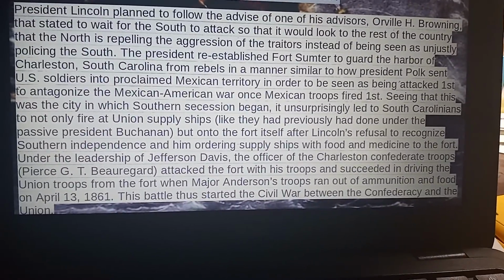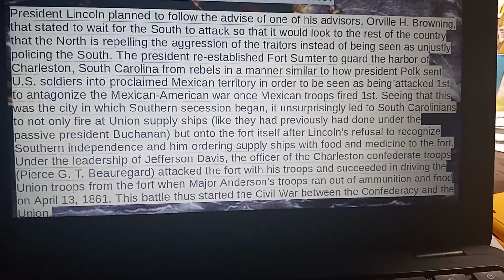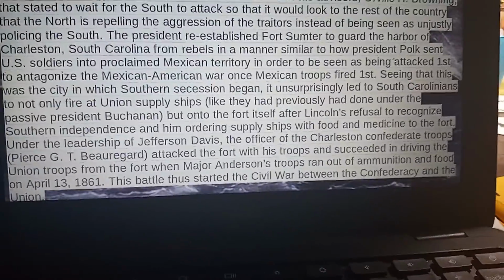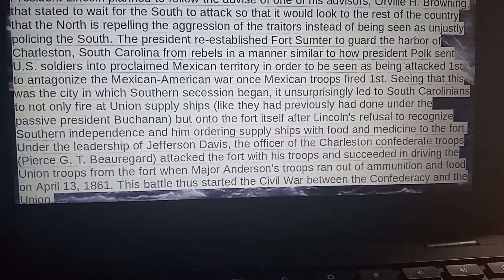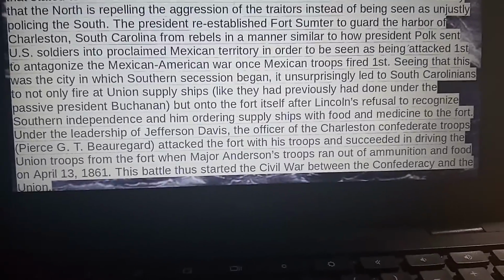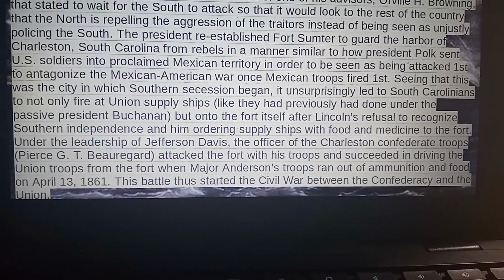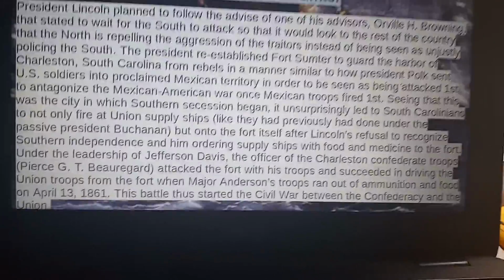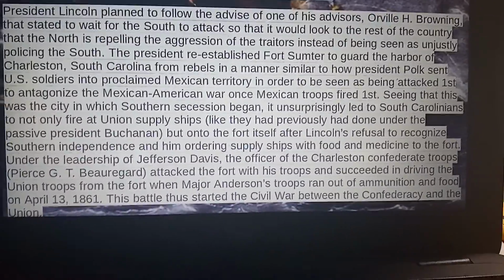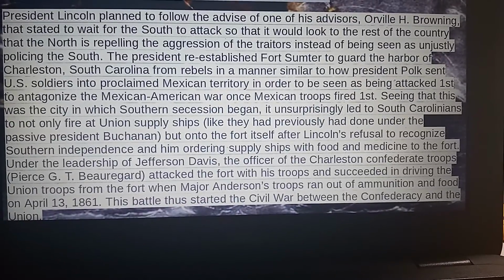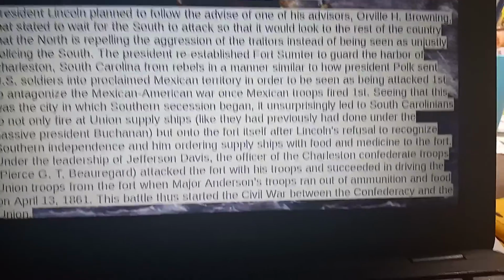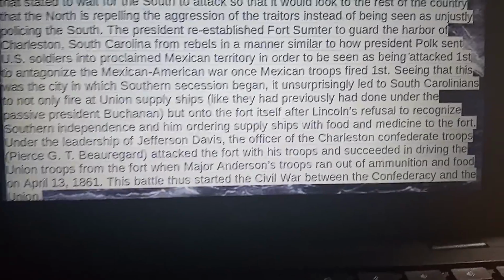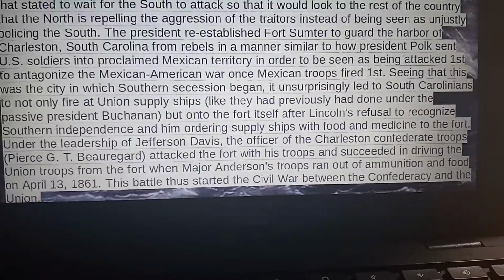The president reestablished Fort Sumter to guard the harbor of Charleston, South Carolina from rebels in a manner similar to how President Polk sent U.S. soldiers into disputed Mexican territory in order to be seen as being attacked first, antagonizing the Mexican-American War once Mexican troops fired first. Seeing that this was the city in which Southern secession began, it surprisingly led South Carolinians to not only fire at the Union supply ships, like they had previously done under the passive President Buchanan, but onto the fort itself after Lincoln's refusal to recognize